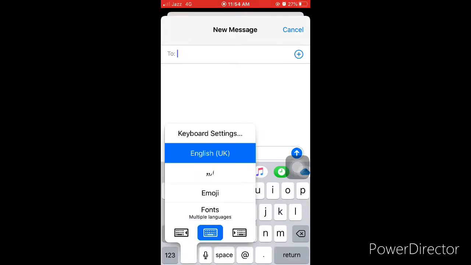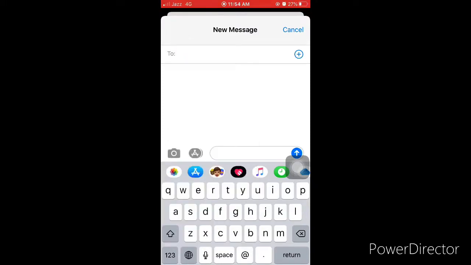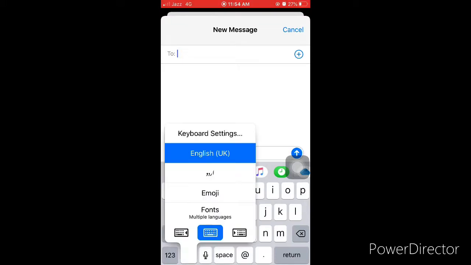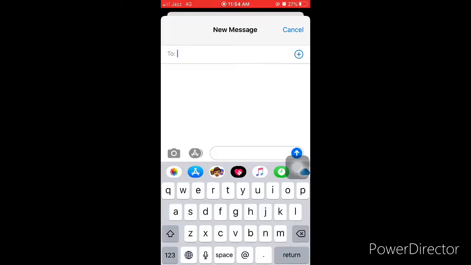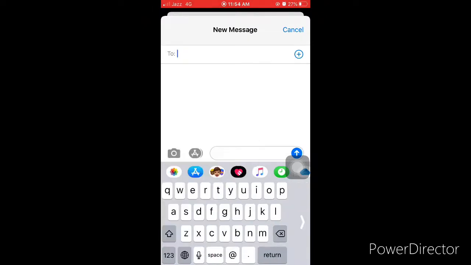Just press this globe button and here you can see three options. You can adjust the keyboard in the center, you can adjust it on the right side and also on the left side. This way the size of the keyboard will be small and you can use it easily.